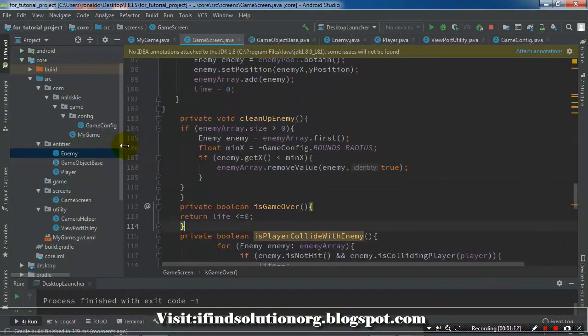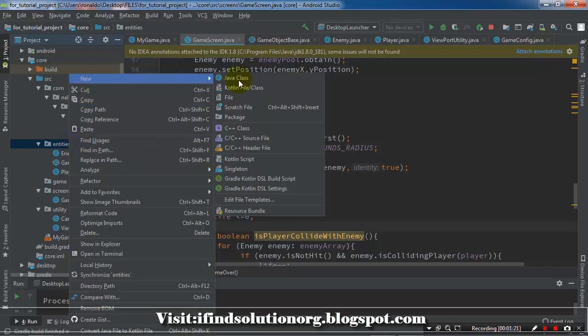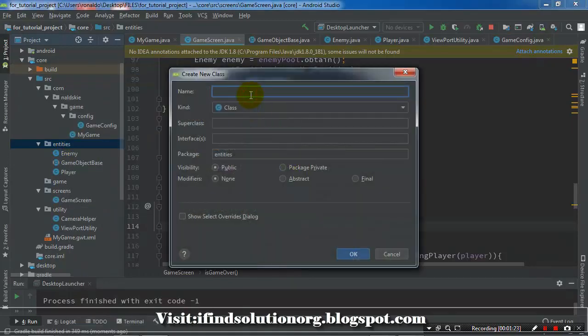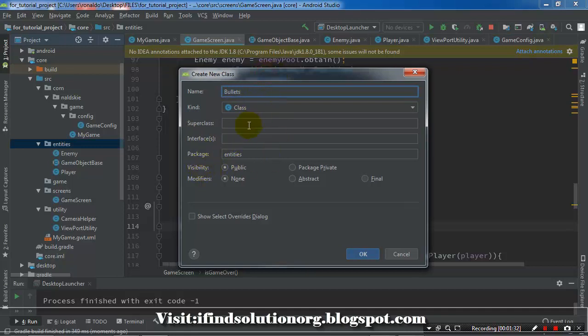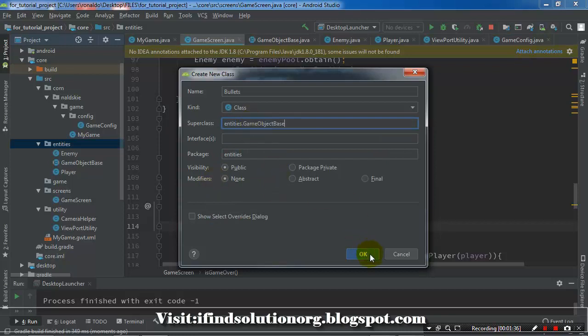Let us go to our entities and create bullets. I will call this one bullets, and this one will be attached to our player. So you can fire bullets at the asteroid. Let's just extend the game object base. Okay, click OK,